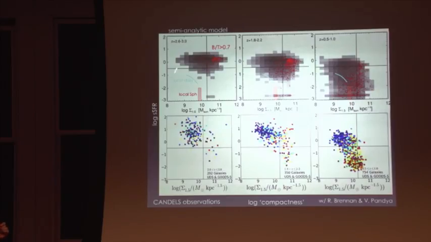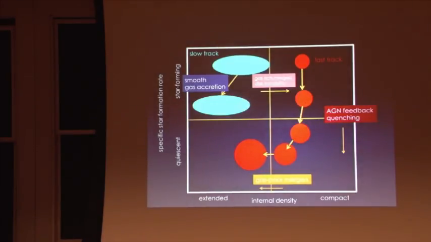And so here are the predictions of the semi-analytic model. And we see the same qualitative trend of galaxies first quenching and moving down and then moving over. And this, again, is because as these galaxies quench, their gas is removed, and so they start having dry mergers, which fluff them up.